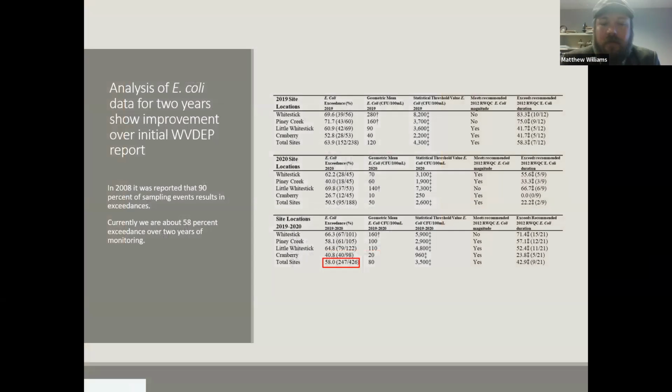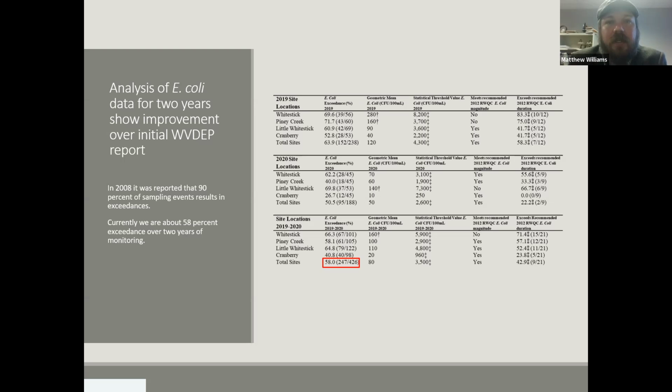Overall though, throwing all that data on there, what does it mean? What have we found? One of the things we've noticed is when we compare our data to the data back in 2008 that caused our watershed to become listed. In 2008, they were finding that 90% of their sampling events were exceedances, so they were exceeding that recreational water quality standard. Currently, from our data, we're only exceeding about 58% of the time. Of course, the Watershed Association really likes to think part of that is because of the projects they've implemented over the last